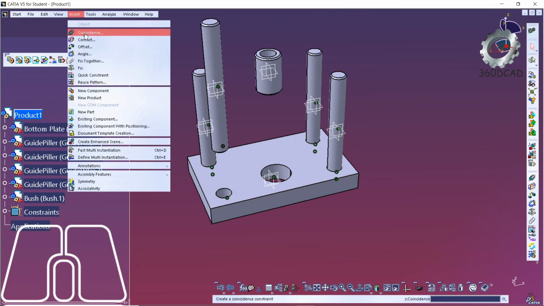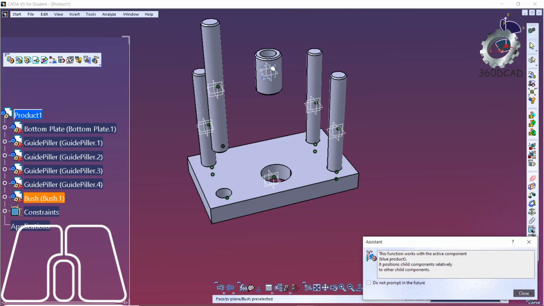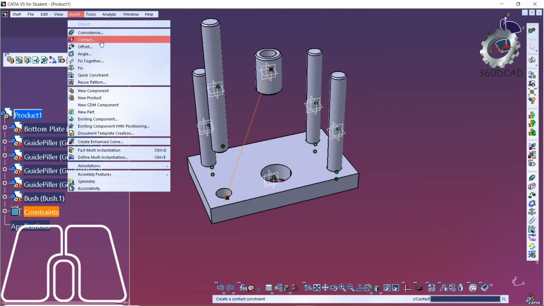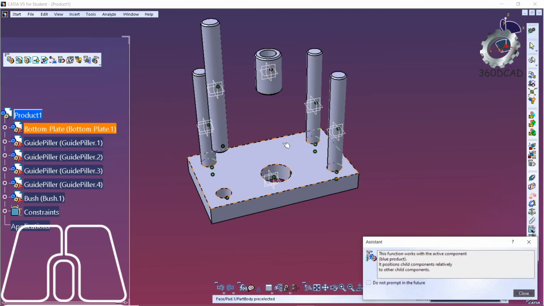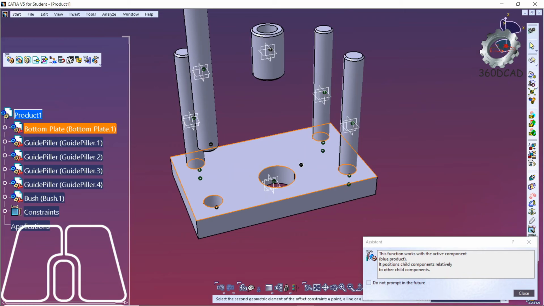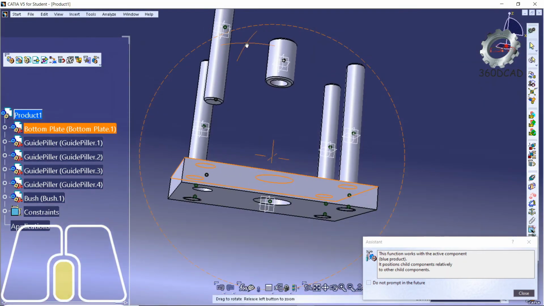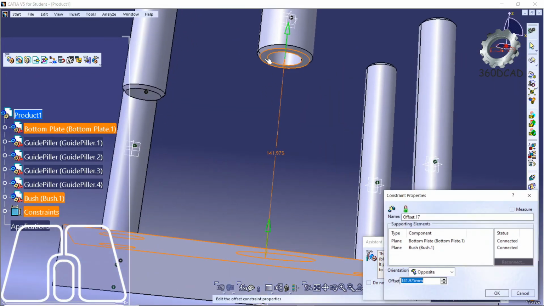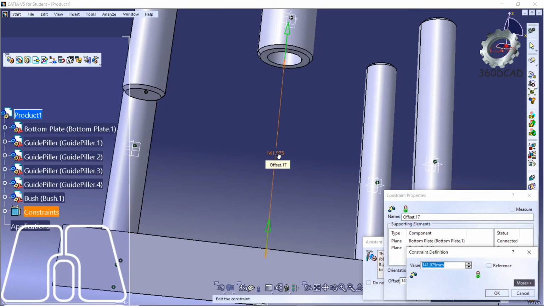Now I am going to apply the coincident constraint. This particular axis of the bottom plate should be coincident with the axis of the bush, and I am going to insert one more constraint, that is the offset constraint, and in offset I am going to choose the bottom plate to be constrained with the bottom portion of the bush, and I am going to set the distance of 100.